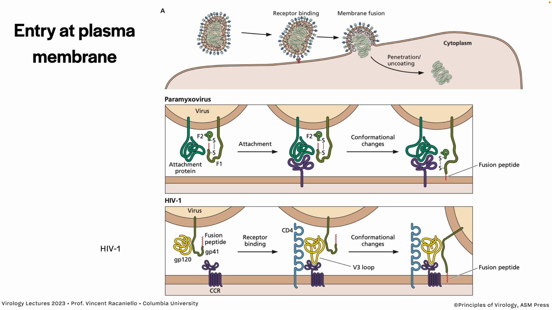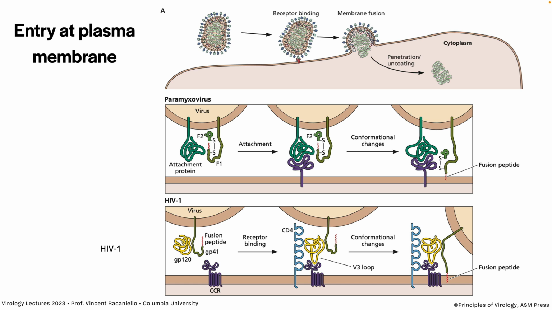First, the paramyxovirus, like measles virus. The virus is shown at the top, and the virus has two glycoproteins in it. It has an attachment protein and a fusion protein. The attachment protein binds to a cell receptor, the attachment protein shown in green, cell receptors shown in purple. When the attachment protein binds to the receptor on the cell surface, it induces a conformational change in the viral attachment protein,